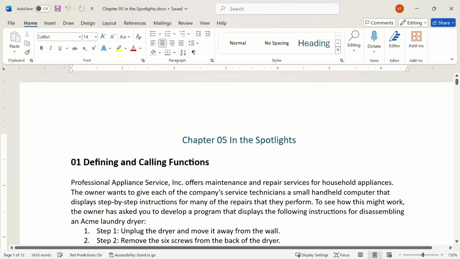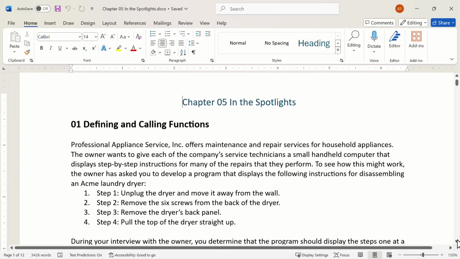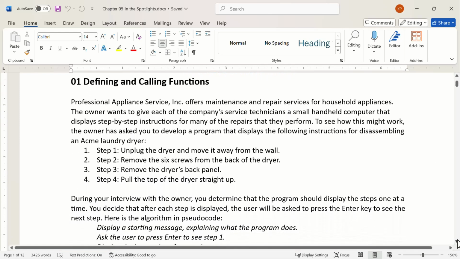Hi, this is going to be the first in the spotlight from chapter 5, defining and calling functions. So hopefully you've read through this chapter and you understand what functions are and how they help with the development of programs. In this one, Professional Appliance Service Incorporated offers maintenance and repair services for household